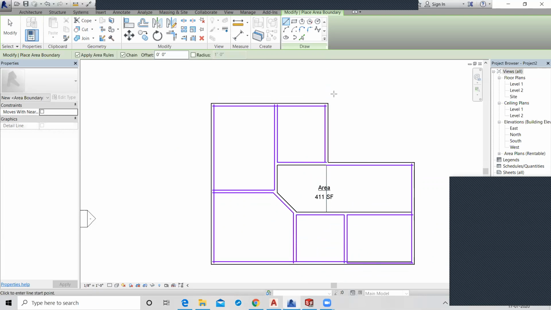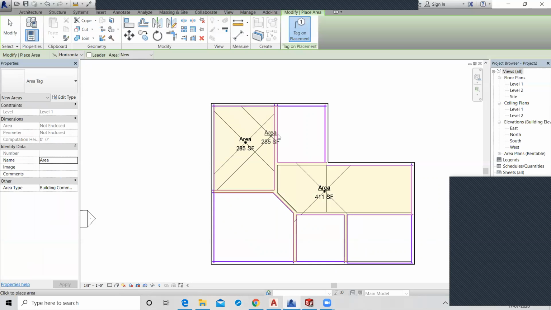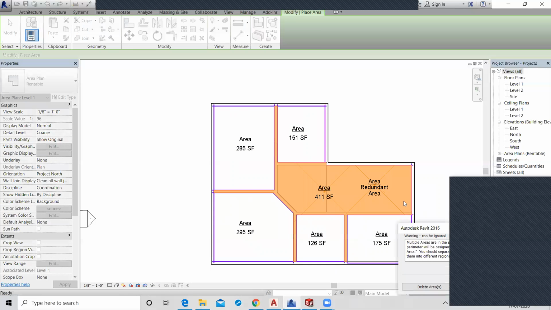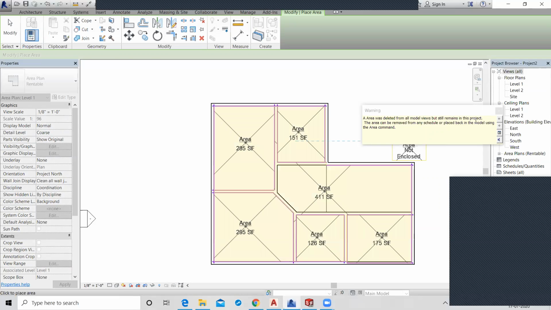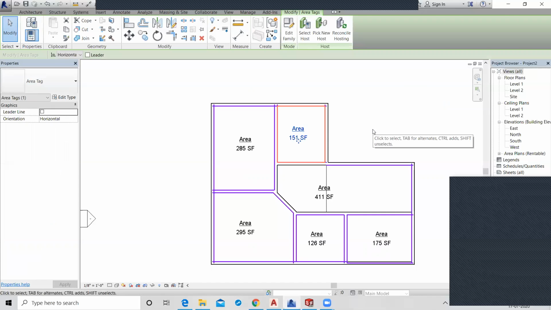And you will finish it and choose your area from here and place it in all the rooms. In the rooms, it automatically encloses the area like this. So by this property, you can show your area separately, or on your room bounded area, or the total area. Similarly, you can delete this room area tag.